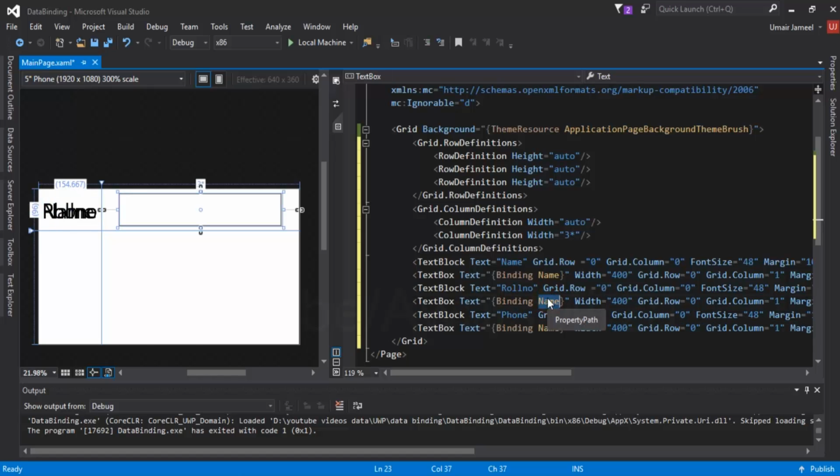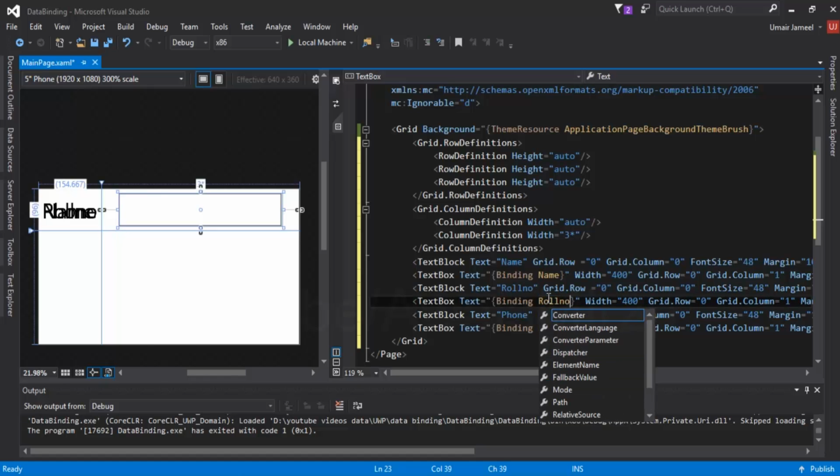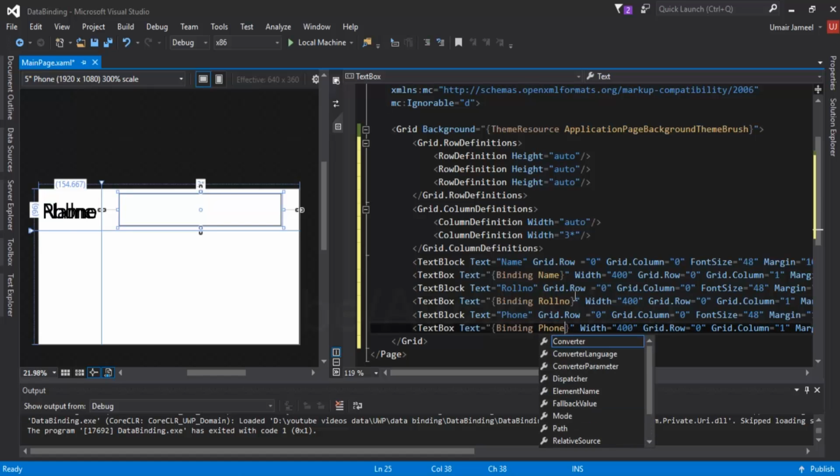Okay, and I'm going to bind this text box Text property with a property of my C# code. So we will create a roll number property, and we will give it a phone property, and I need to